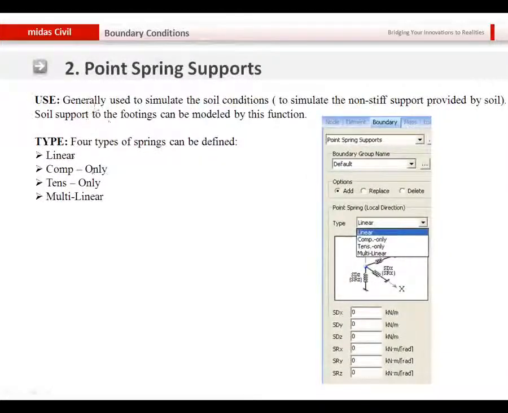In MIDAS Civil, the point spring supports are provided to simulate the soil conditions. The non-stiff characteristic of the soil can be simulated by using this feature, and I will use this point spring support in the model that I am creating